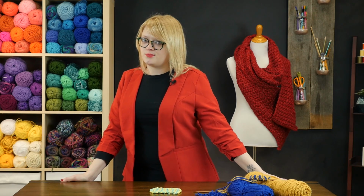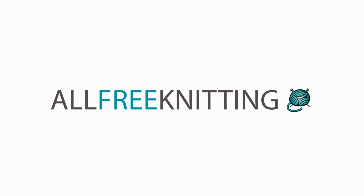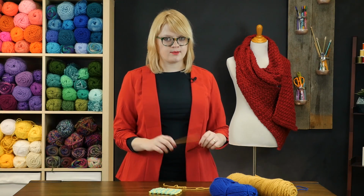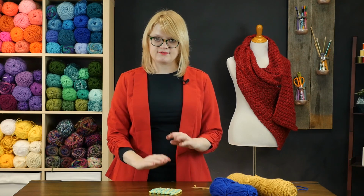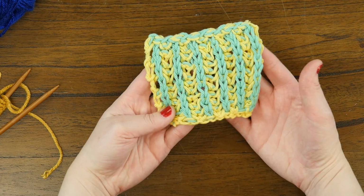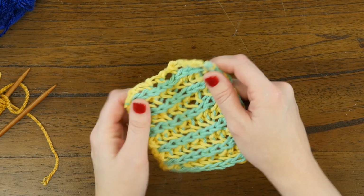In this video, we are tackling two-color brioche rib worked flat. To get started knitting two-color brioche rib, there's a couple vocabulary words you're going to want to master before diving right in. So the first thing is, this is a swatch of blocked two-color brioche rib done in a cotton